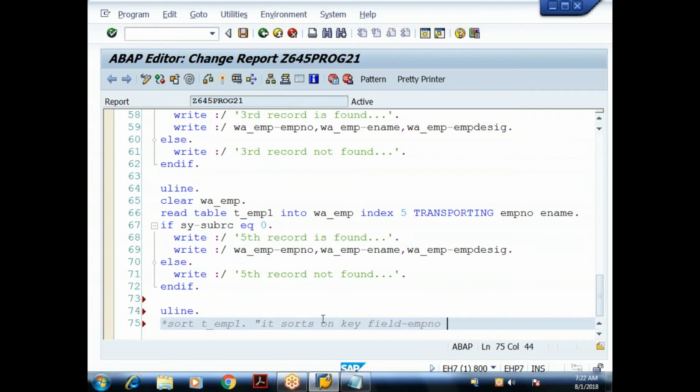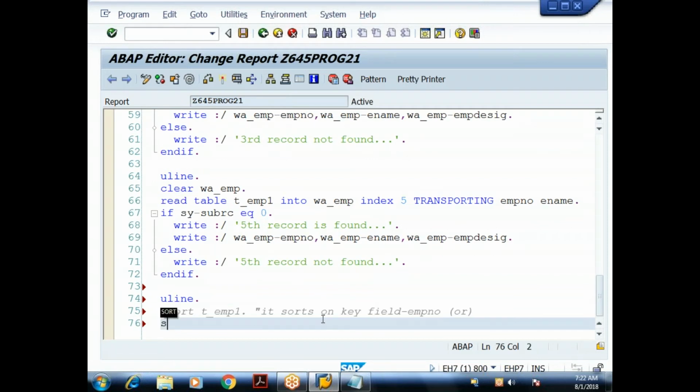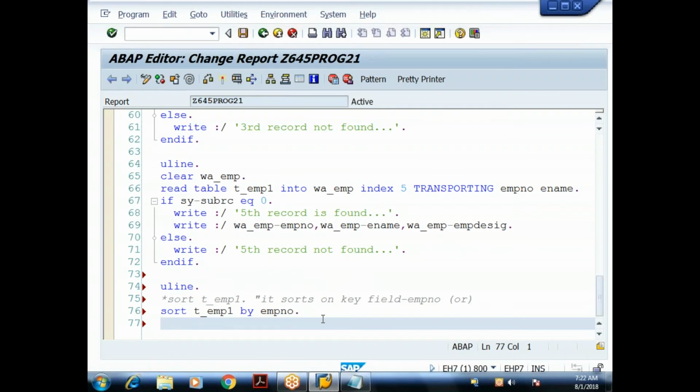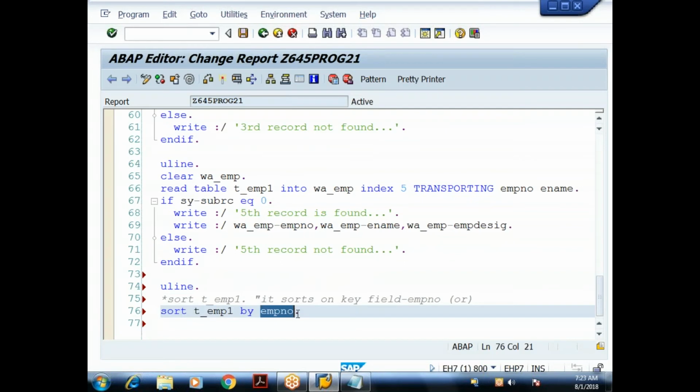In this case, the key field is employee number. Or explicitly I can say T underscore emp1 by employee number. Even if you don't give by employee number, no problem. Internally it will sort the data in sequential order of employee number.